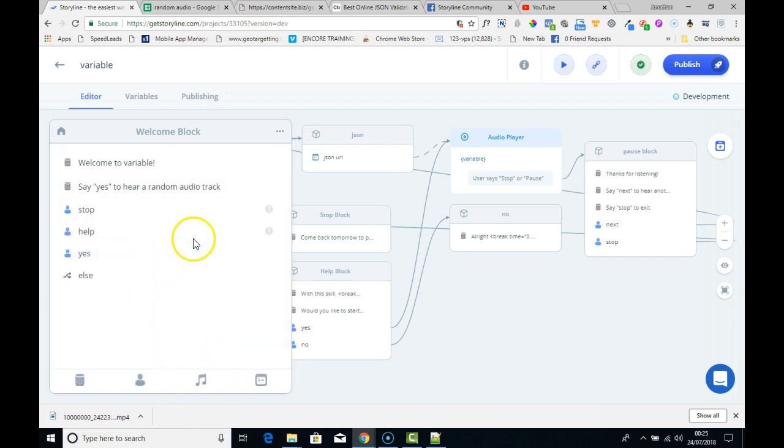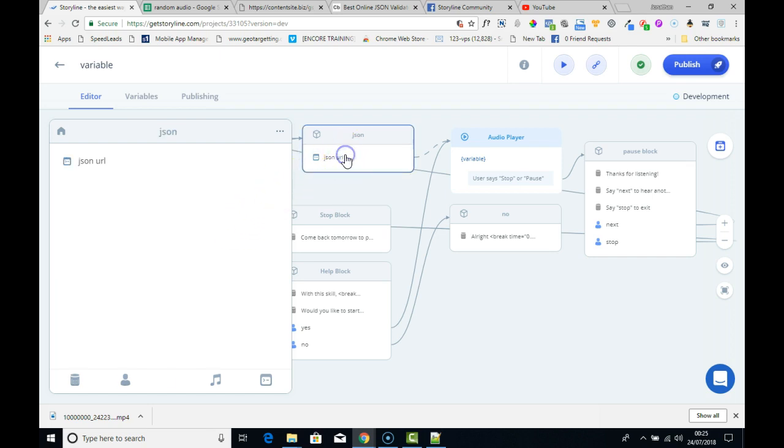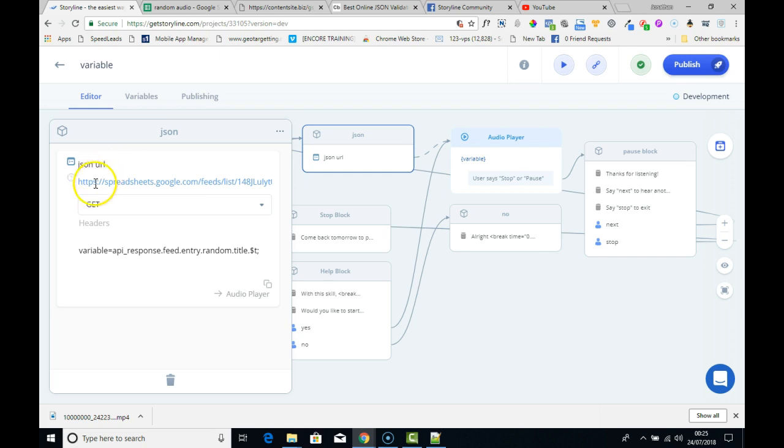So I'll just delete that one out of there, and I'll go over here, and so when I click on this, you can see I have a URL in. This one is slightly different, so I am going to actually change it to use the one that we've just got the link for. So I'll just paste that in and say I've given a name to it up the top,